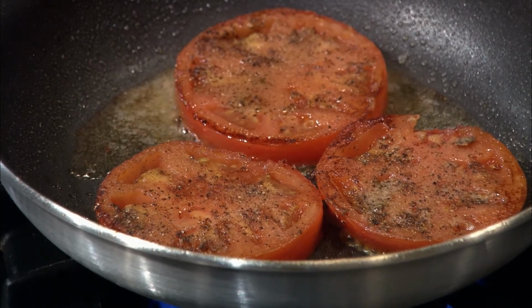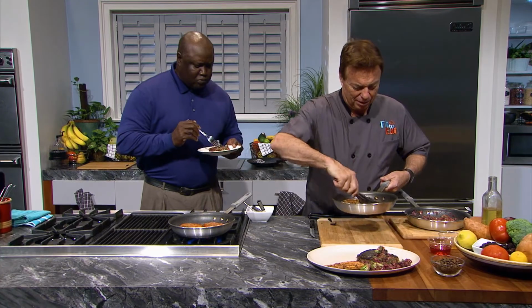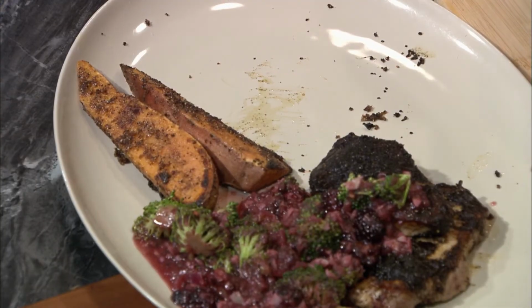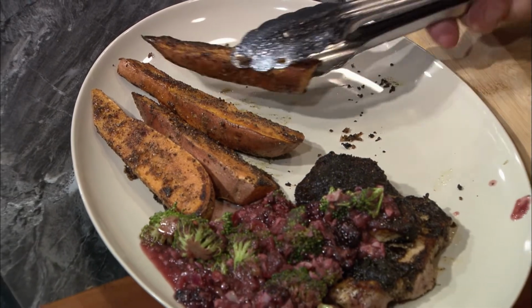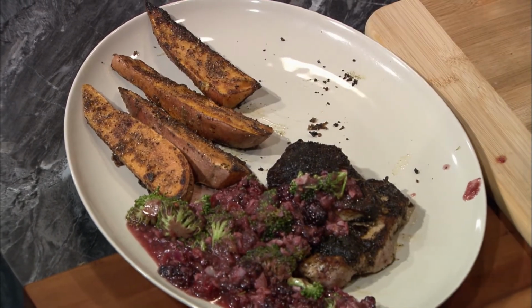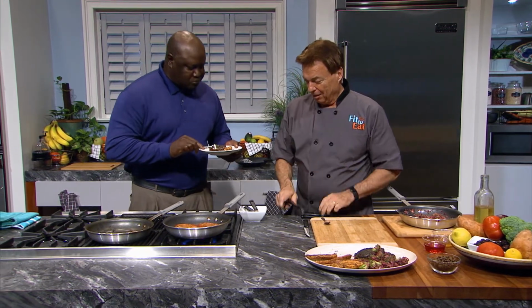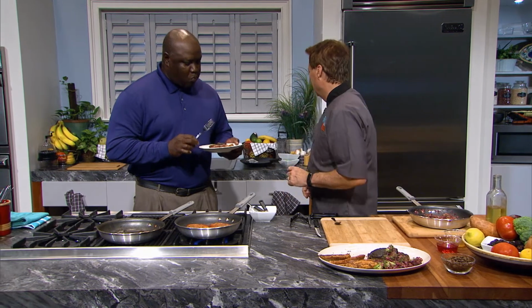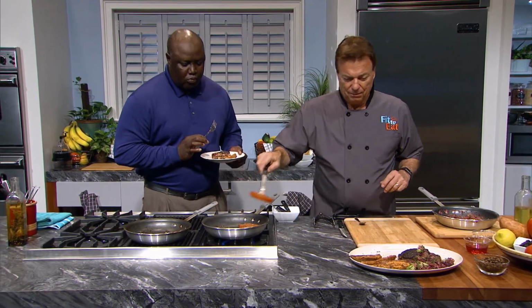I know it's kind of hard because it's awfully filling, but those are something I'm very proud of. And you don't taste any coffee. No, but it gives the pork flavor, because pork by itself is kind of bland. It really is. I'll save one for later for you, too. I love that. Let's take these tomatoes now